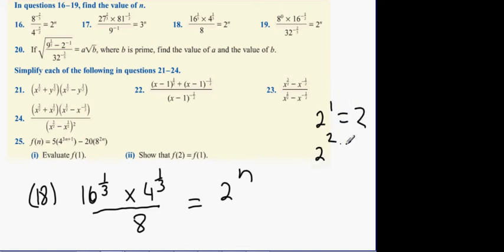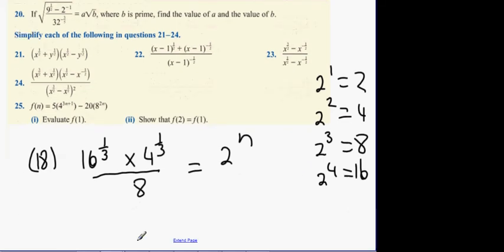To the power 2, to the power 3, to the power 4. Go through the other numbers and change them into 2's. This one's going to be 2 to the power of 4 to the power of a third. Multiply by 2 to the power of 2 to the power of a third. All divided by